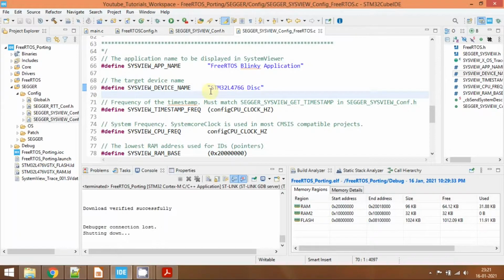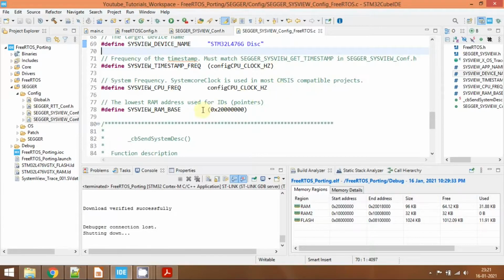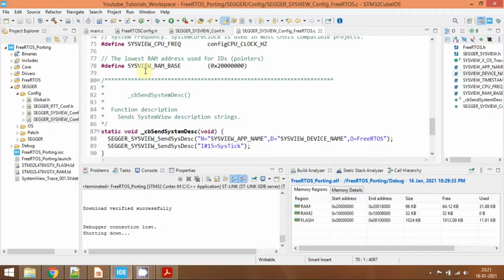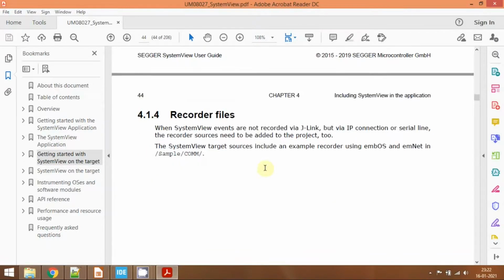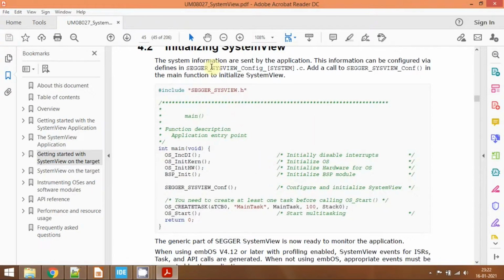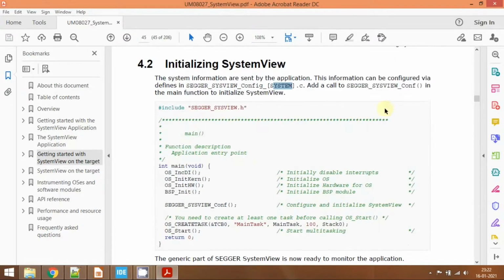I'm using this STM32L476 Discovery board, and we need to also change the RAM base address, that is 20000000. So now we have configured these generic files, and also we have configured the RTOS specific file, that is the SEGGER_SYSVIEW_Config_FreeRTOS.c file.